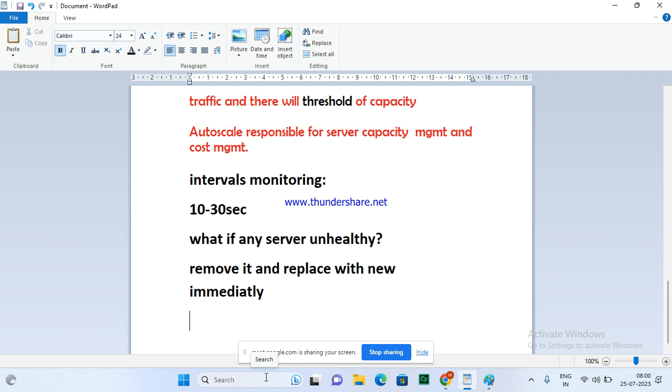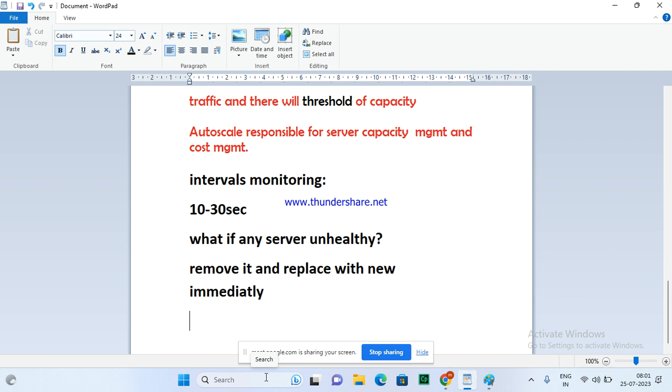Site not found, website not found, something. So it's my responsibility that it should not be. Auto scaling is not only increasing, decreasing. It's also removing unhealthy servers and updating with a new server. In interview they can ask this question.